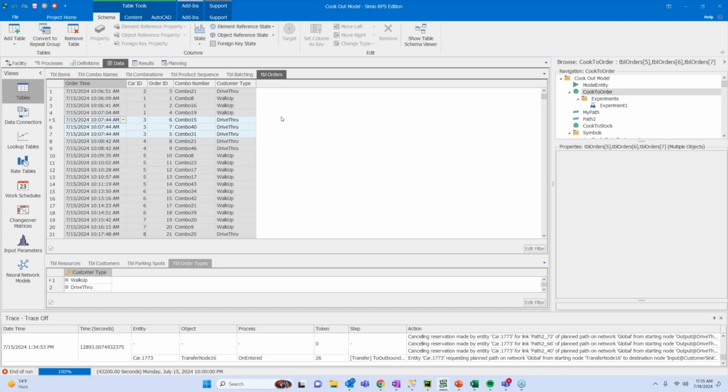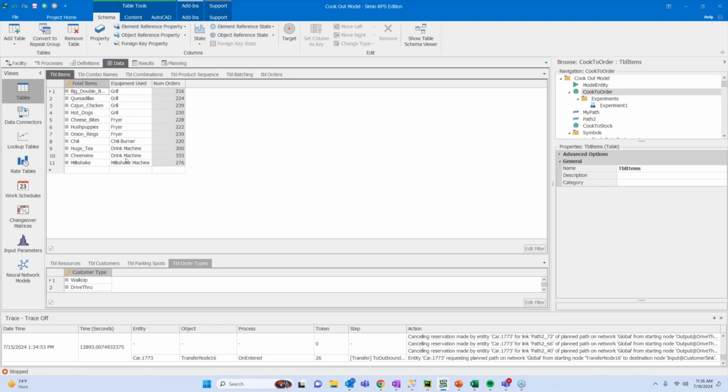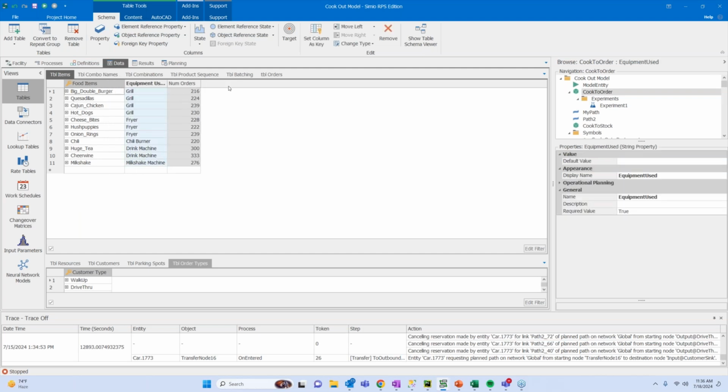But let's say ultimately, if we wanted to think about a little more of process efficiency to this model, and we have the different combinations that exist, all of which require different equipment, grills, fryers, etc. Maybe we want to see, based on the behaviors that come in, what is the utilization of each area and how many of these types of orders are we getting. So tracking all the while the number of orders that were for each given food item, we're taking that.